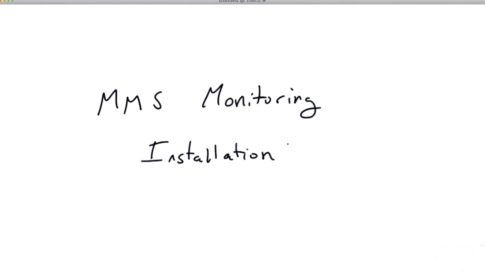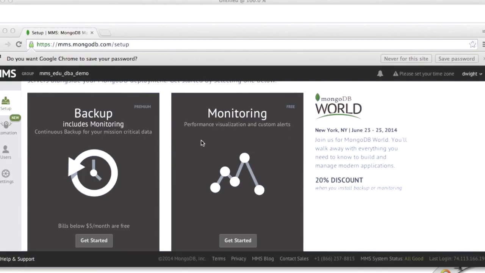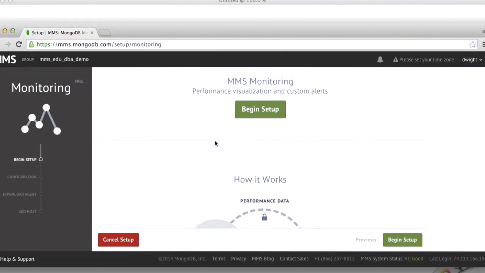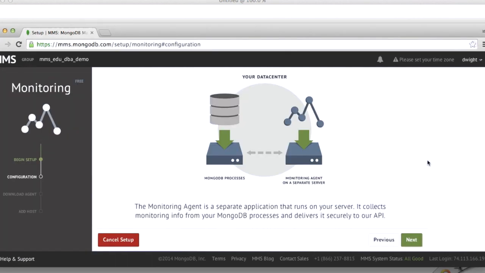Okay, so now that we registered with the cloud side of the MMS monitoring, let's go install the agent. So what we can do here is now, this is the page we landed on after registration. I'll just click Get Started for monitoring. And as you can see from the diagram here, what we're going to do is we're going to install the